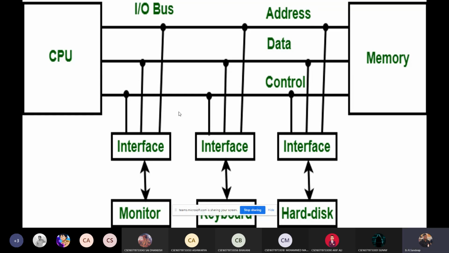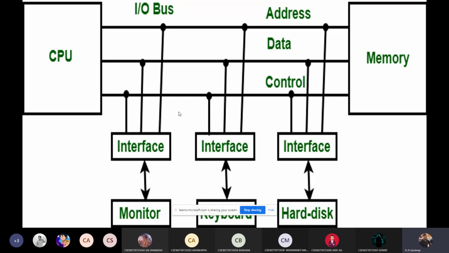So for that purpose, the system cannot understand it directly. As I said previously, it will not understand. Why? Because it is an electronic device. It will understand electronic signals. But the devices which we are using for giving the input or taking the output are electromechanical, so that will not be understandable by the processor and vice versa. So there is a need of extra circuitry that we are calling an interface.